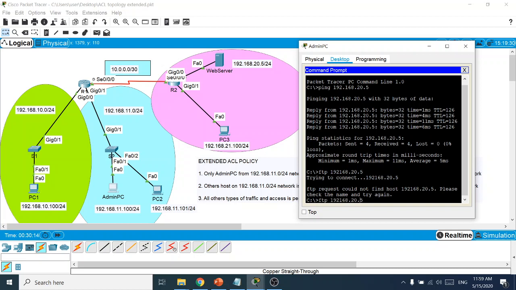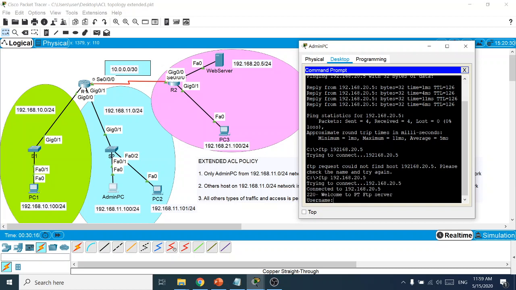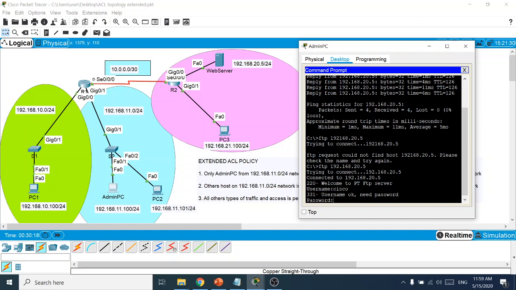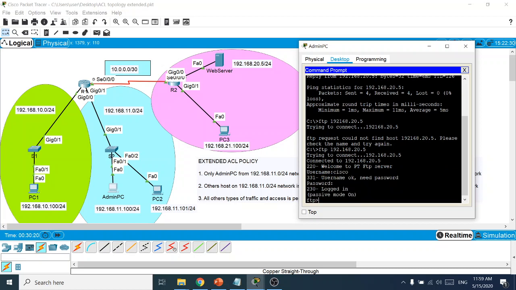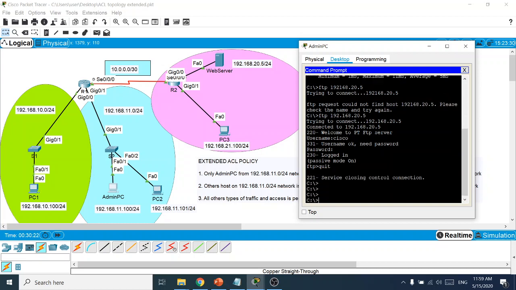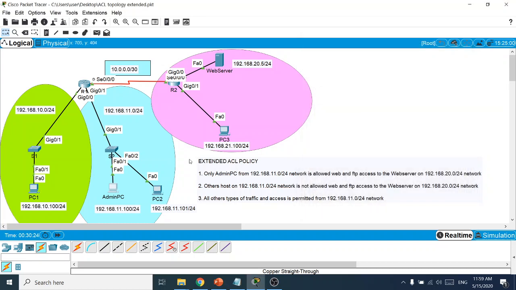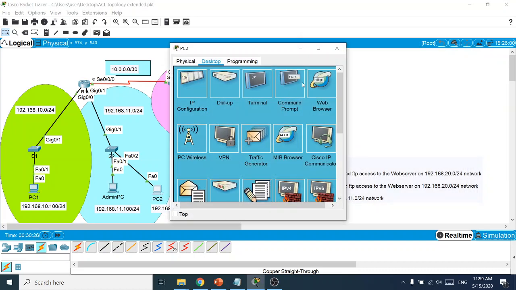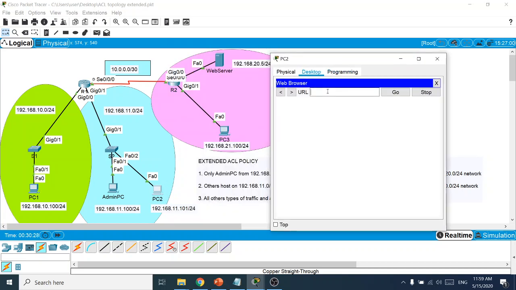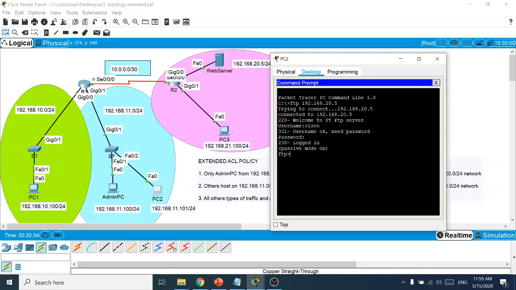Okay, typo. Right, so the default username and password is Cisco. So FTP lepas, maksudnya admin lepas. So kita try for PC number 2. So at this moment, suppose PC number 2 also can have the same access. Right, okay, so try to ping